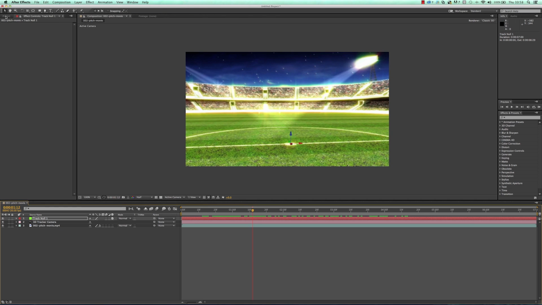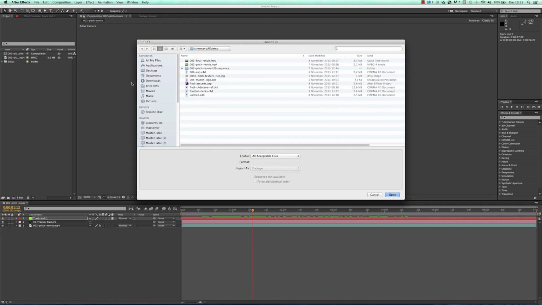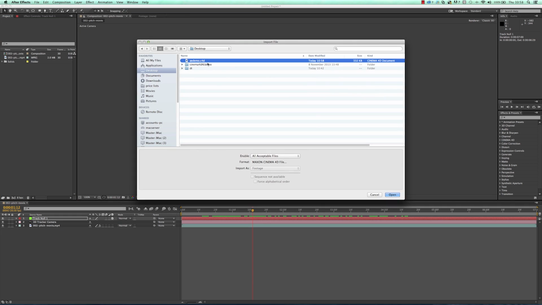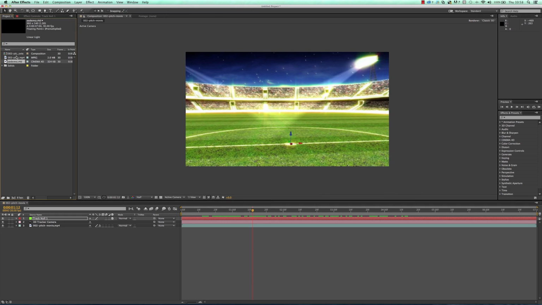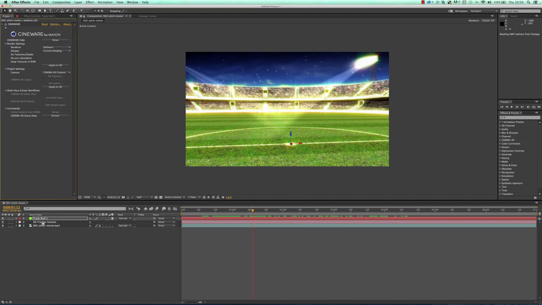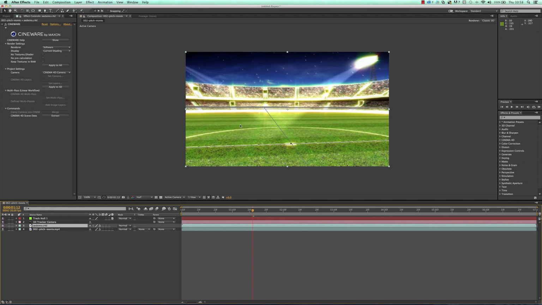Initially nothing happens. So you're like, great, what do I do now? Double click in your project, go find it and open it, and then all you need to do is drag it into the comp, and I'm going to put it above the original movie layer. And what you should then see is this basic outline here, and you see this line here that should, if you've done things correctly, line up nicely with a bit of footage that you're trying to match,